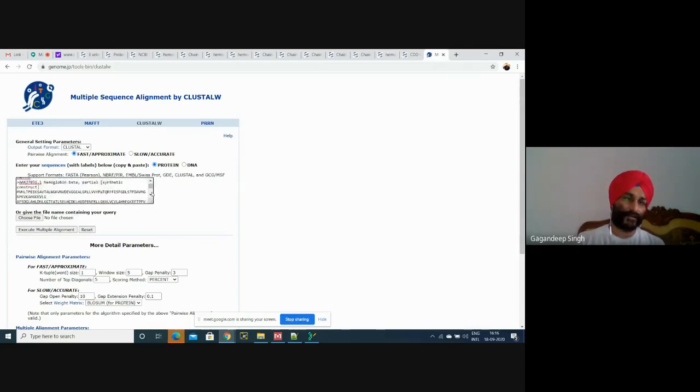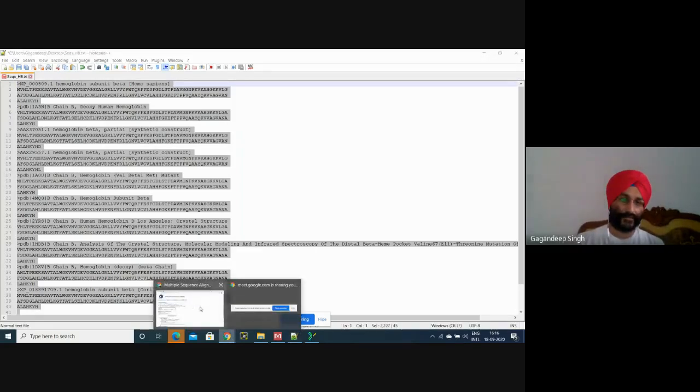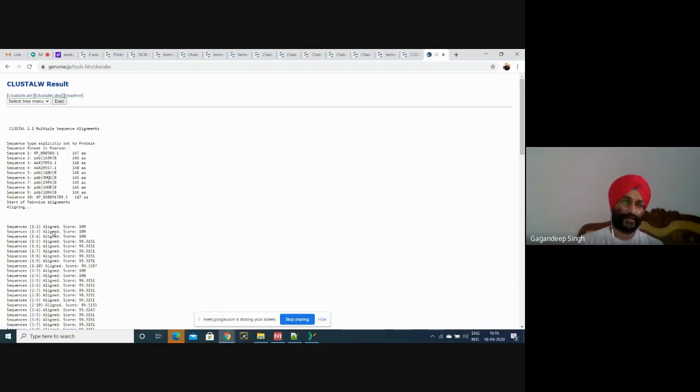Right now we are selecting protein sequences, and we'll paste our sequences in this box. I have copied and pasted all my sequences here. You can also choose your file where you have kept your sequences, and then go for execute multiple sequence alignment. Now see, the multiple sequence alignment shows the length of this protein is 147 amino acids, and how many sequences? 10 sequences.